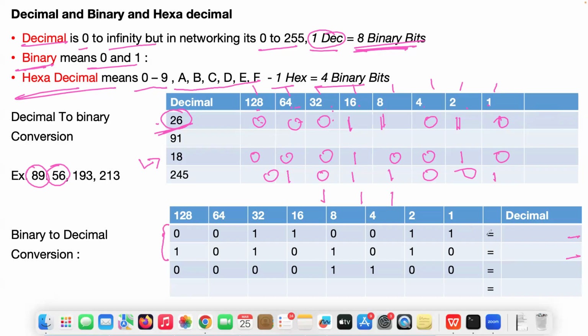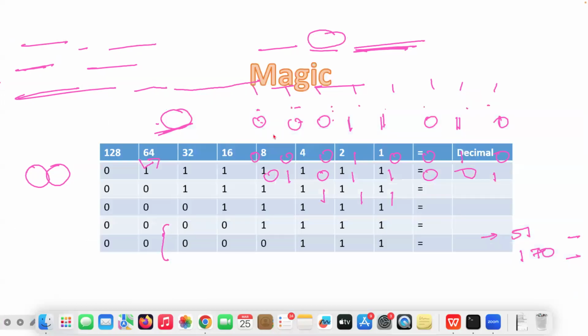What is the answer? First one? Second one is 170. Okay. 51. Okay, got it. Correct. That's a simple one.